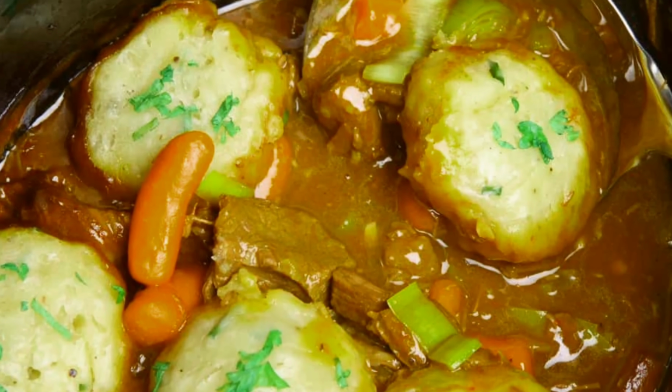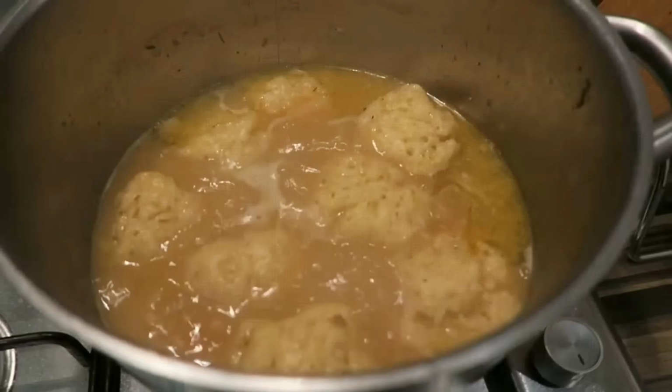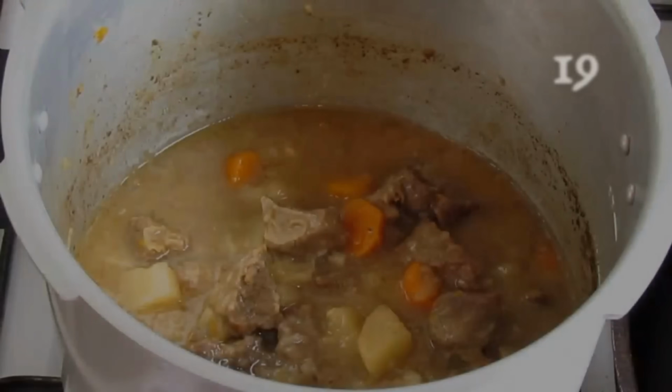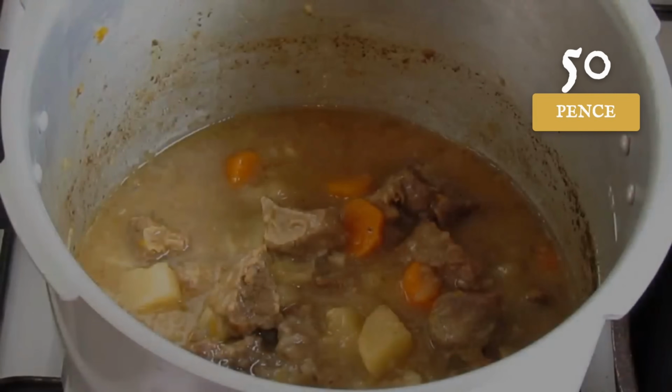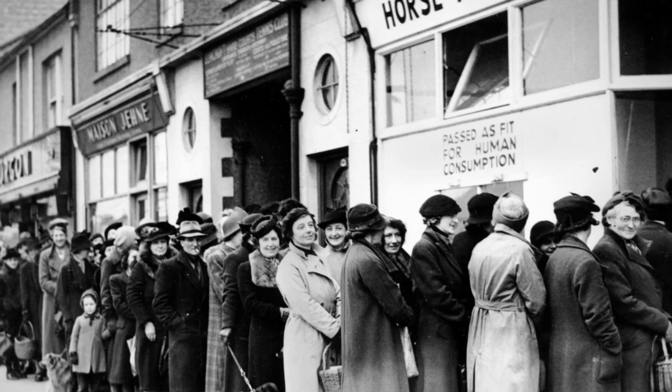Number 11. Stew and dumplings. This was the original meal of British poverty cooking. Whatever vegetables were cheap and whatever meat could be afforded simmered for hours, with suet dumplings floating on top. A pot of stew could cost 50 pence in the 1970s, using scrag end of mutton or shin of beef